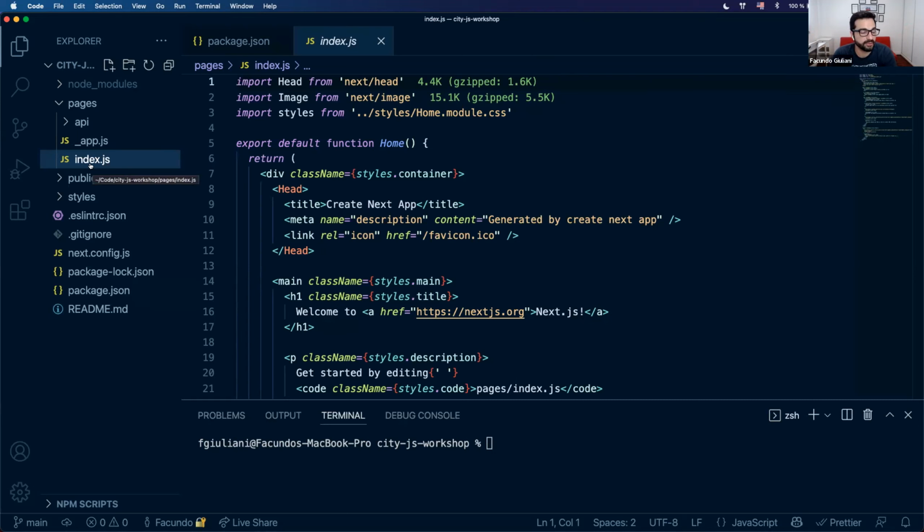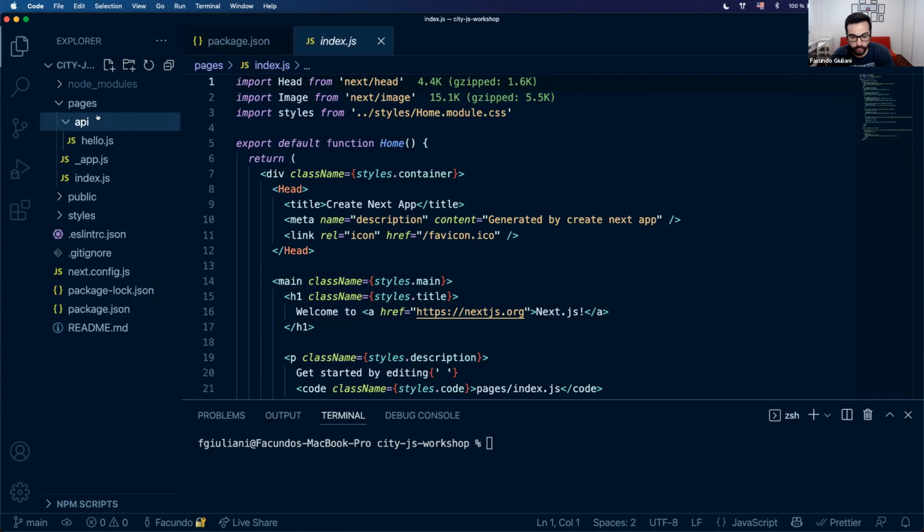Another cool feature that Next.js offers, which we are not going to use today but you can take a look at, is the API routes. You can have serverless functions running in the same project. So if you need to run something on the server side that has to apply some logic and generate some results, you can do that using the API routes that Next.js offers. As I said, we are not going to have API routes today, so I will remove this folder